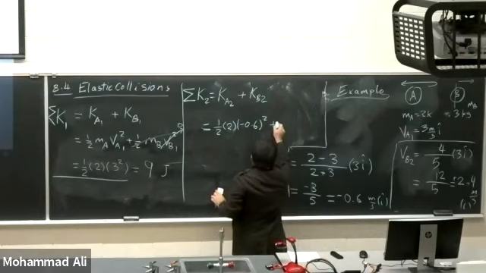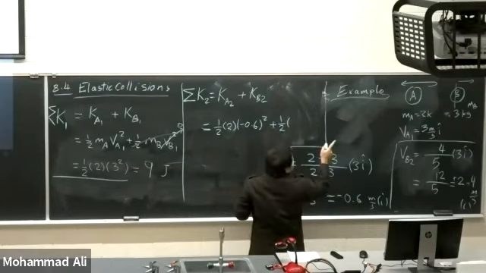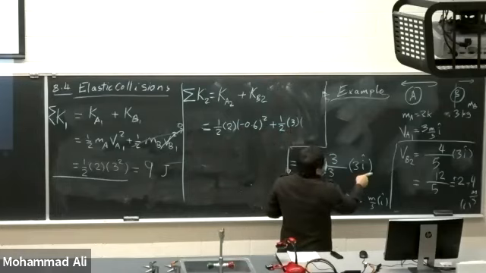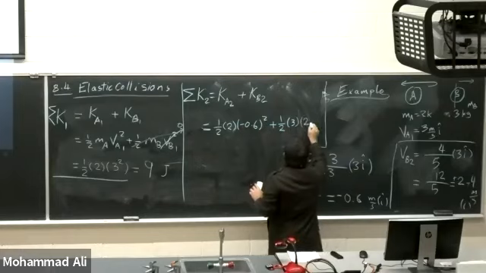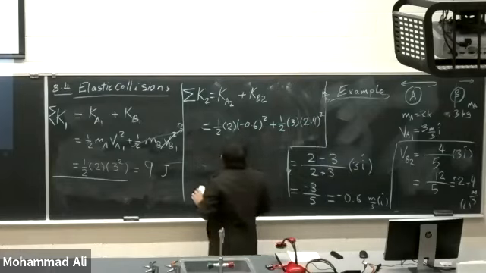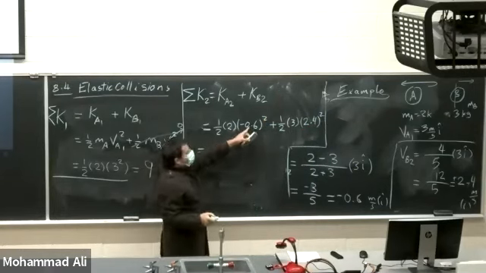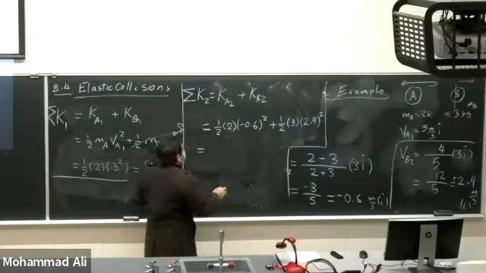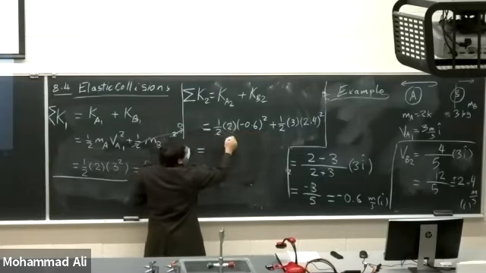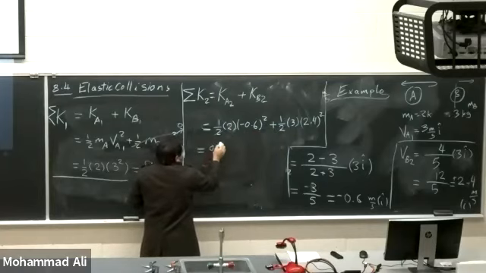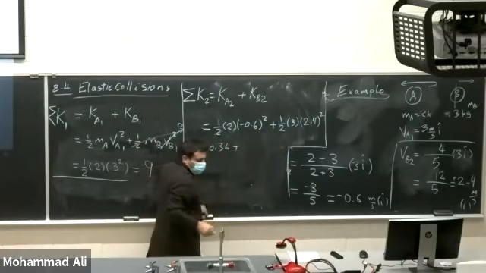Plus 1/2, the mass 3, the velocity 2.4 squared. The minus squared will be positive. So 2 will cancel 2, and this will be equal to 0.36 plus